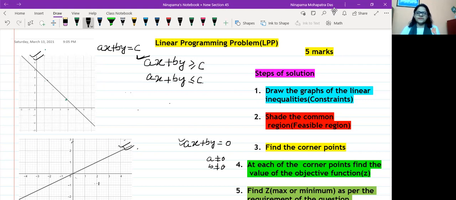Here you see a not equal to 0, b not equal to 0. Suppose, for example, you are getting 2x minus y equal to 0. This line will pass through origin, meaning whenever you see the absence of c, I mean c equal to 0. And for lines like x plus y equal to 50, or 2x plus y plus 3 equal to 0, such lines will not pass through origin.